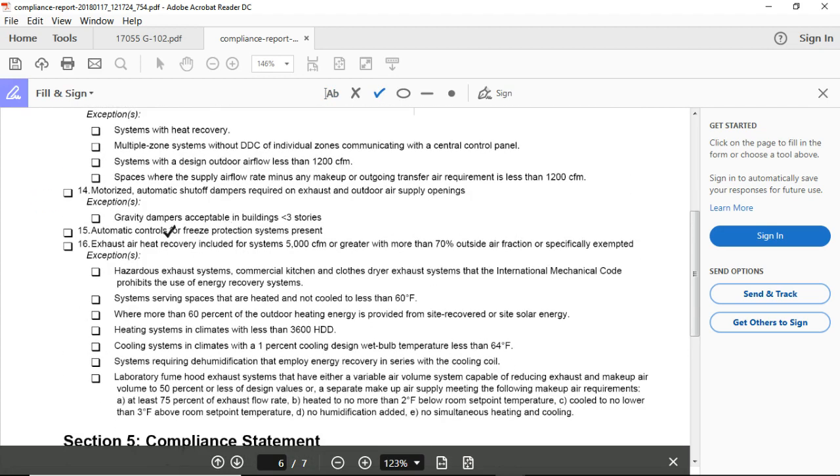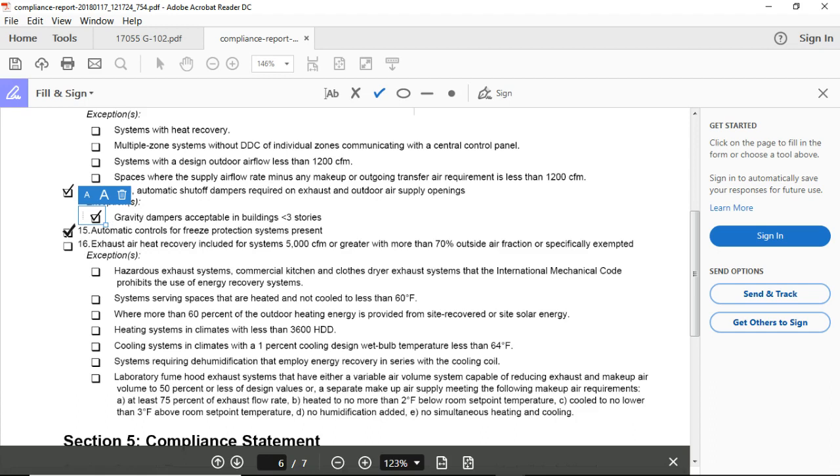13, and then we go to 14. Motorized dampers, and this is where the exhaust of the bathrooms would be. Our dampers are not motorized because we fit under the exception here that we're in the 3 stories. So basically, when you turn the fan on for the outside, this little door opens, the air escaping opens the little door, and when you turn the fan off, the little door closes, not letting air back in. On larger buildings, you need a mechanical device